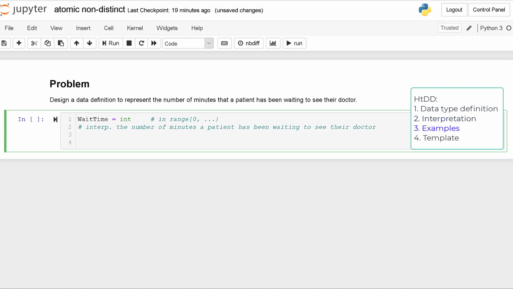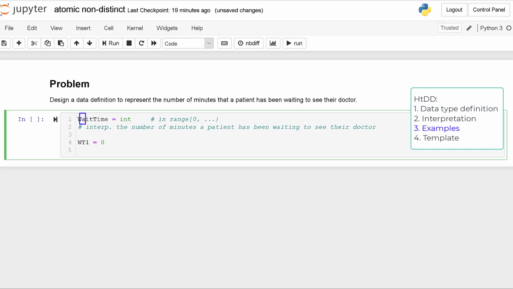We tend to use an abbreviation for naming the examples, where we use the first letter from each word in the type name, followed by a number. So I might have my first example as WT1 for wait time 1, and my second example as WT2 for wait time 2. Now, since I know these are representing minutes, I might actually go and change that so that the example representing 0 minutes is named WT0, and the example representing 5 minutes is named WT5. Like all names, we want these names to be meaningful. So making small changes like this can make a big difference in how readable our program is.